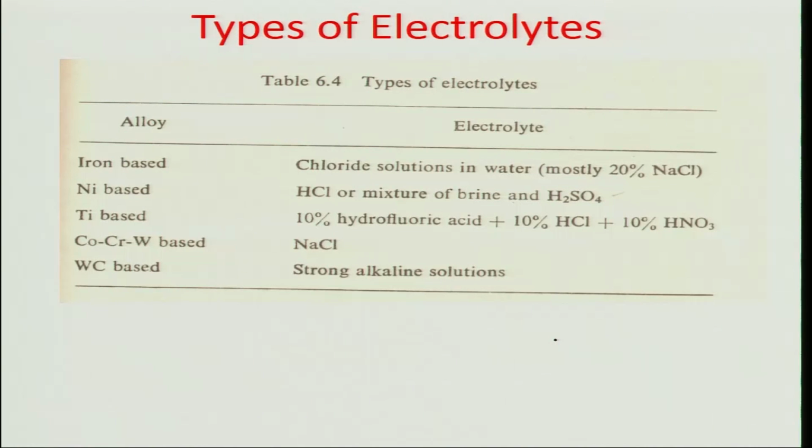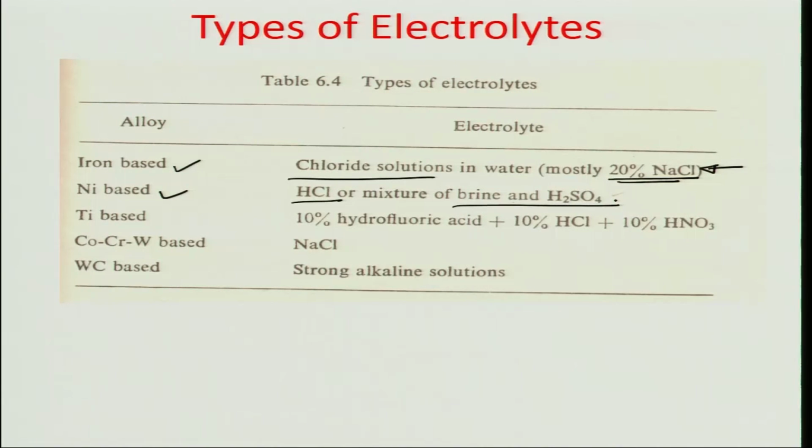These are some of the types of electrolytes which are normally used. For iron based alloys, you can have a chloride solution in water. This is a very common example, the brine solution, normal sodium chloride 20% by weight in water. For the nickel based alloys, you could have a combination of hydrochloric acid HCl or a mixture of salt water